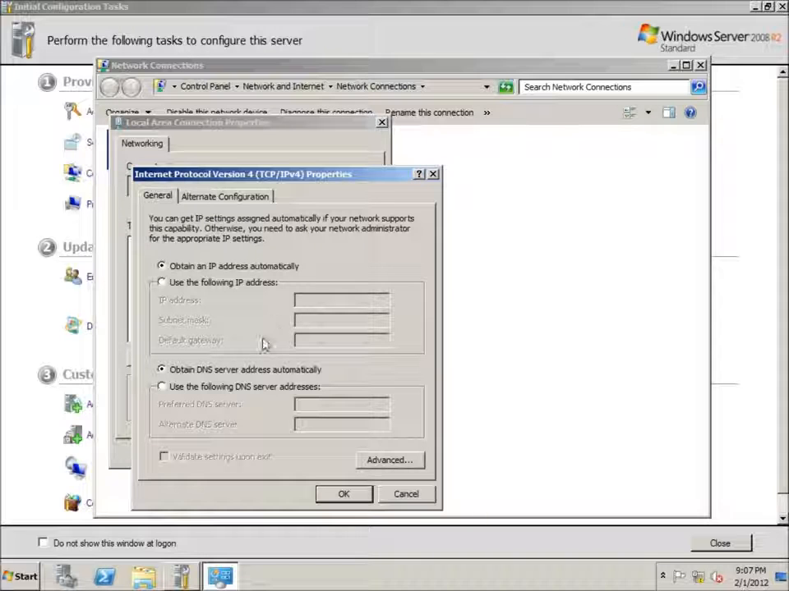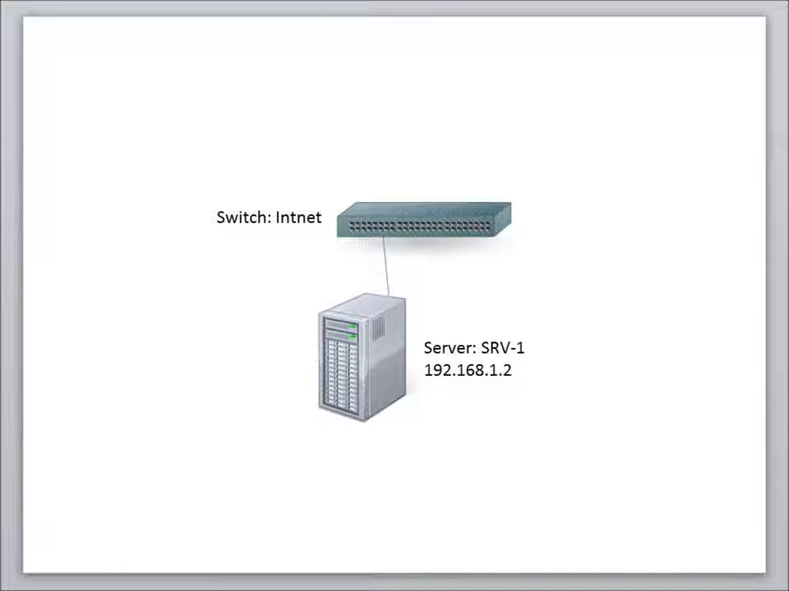Now we're going to make this a static IP address, but before you can do this, you kind of have to have an idea of what your topology is going to look like. Here's my topology at the moment. I've got a server that is plugged into a switch. Now I'm going to choose an IP address, and we're going to use in this lesson just a default class C address arrangement here. But I'm going to pick the address